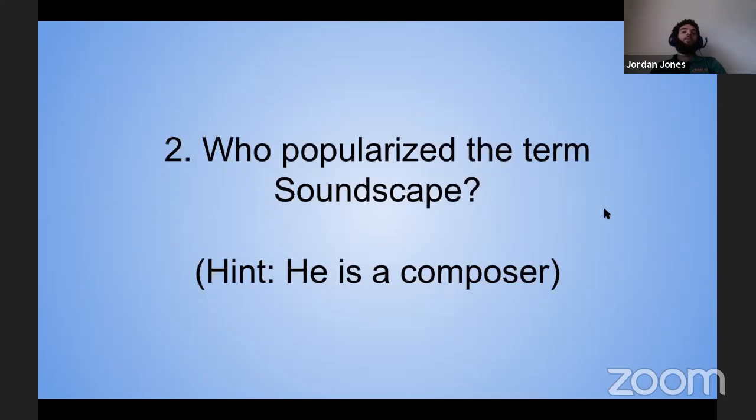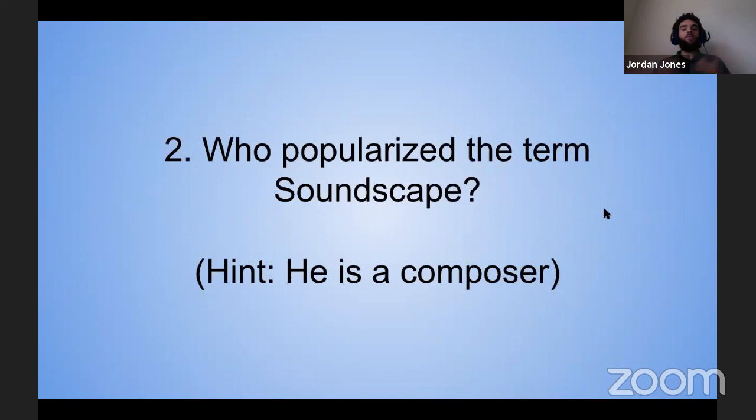Do you at least remember the letter of his first name? Because he didn't give his first name, it's just the letter of his first name. Anybody remember what letter? Not M. It wasn't M. But I'll give you M. I'm sorry, M is his middle name, and S is his last name. So I'll give it to you. His name was R. Murray Schaefer. So I'm gonna type that in there.